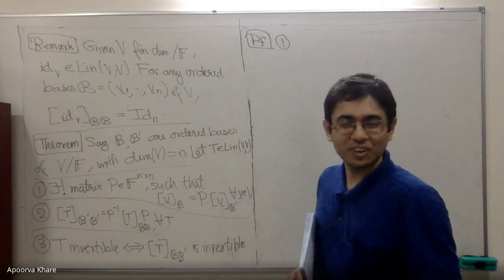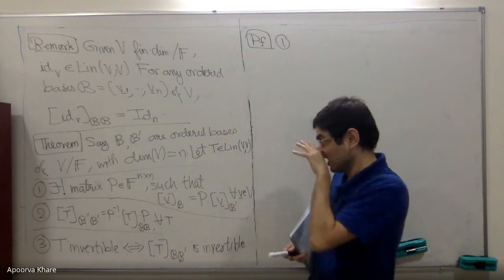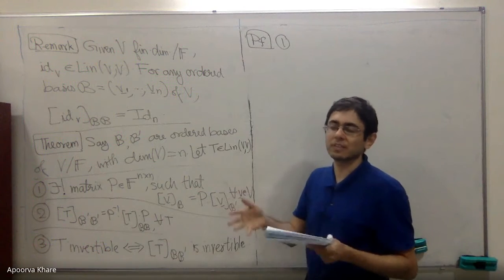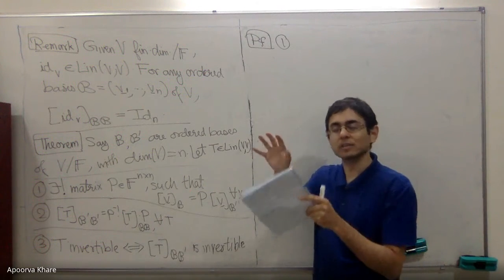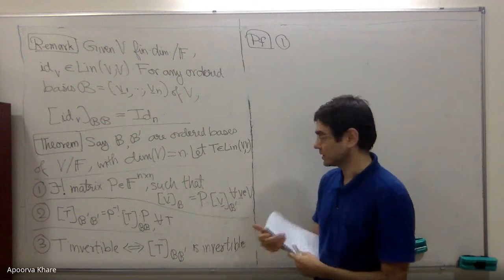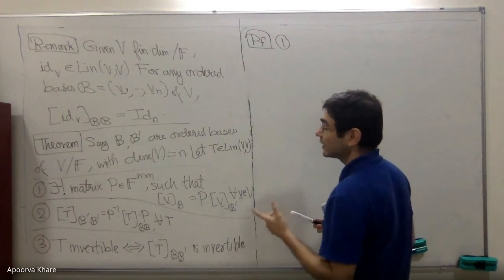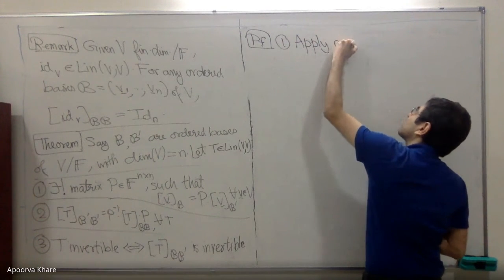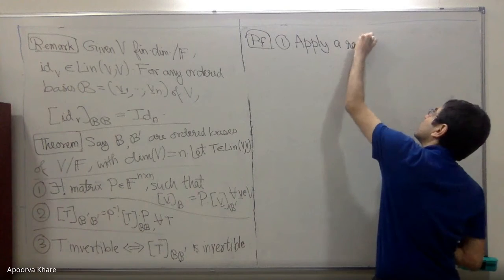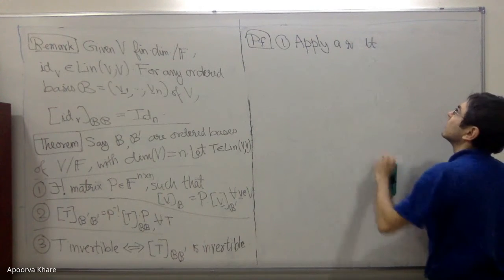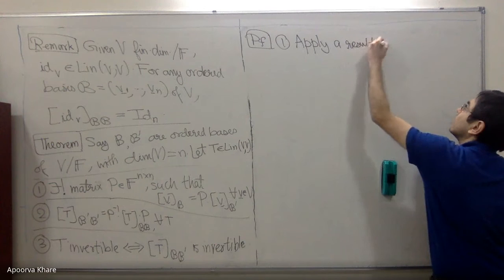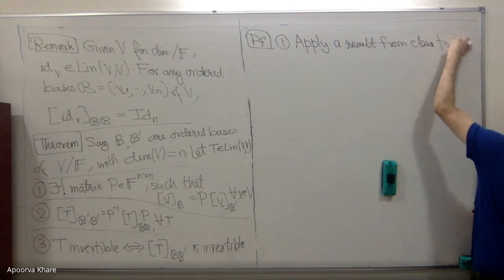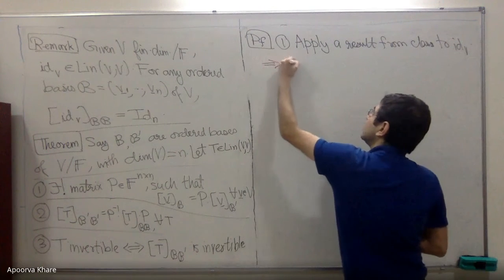We already proved this theorem: given any linear transformation, there is a unique matrix such that T of the vector V equals that matrix times the V vector. But this is exactly what this says. Consider the identity transformation. Apply a previous result, a result from class, to identity V. It implies there exists a unique P